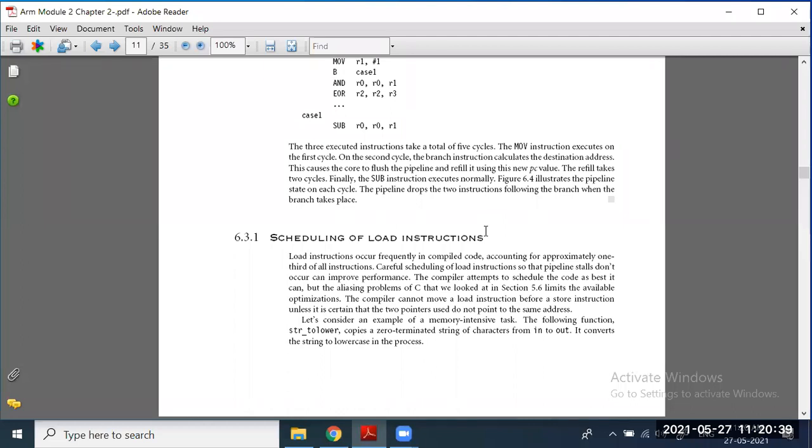That is why we are going to schedule the load instruction. How? We are going to make some changes in the code itself. After making the changes, we are going to compare what the improvement in performance is.